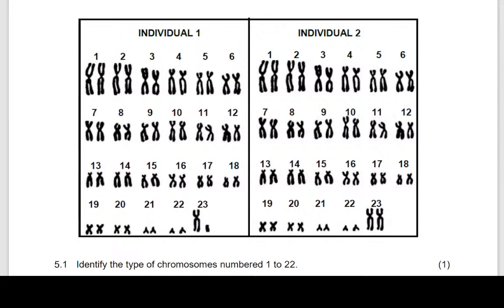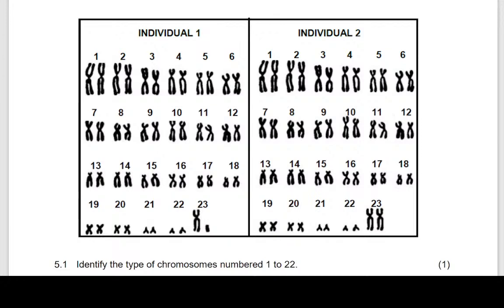Femelo is saying that individual 1 is a male and 2 is a female. Good. Yes. Individual 1 is a male. Why? Because individual 1 is having X and Y. How do I know that this is X and Y? This one is long and this one is short. Well, this one is long and this one is long. Therefore, remember, we know that 1 is